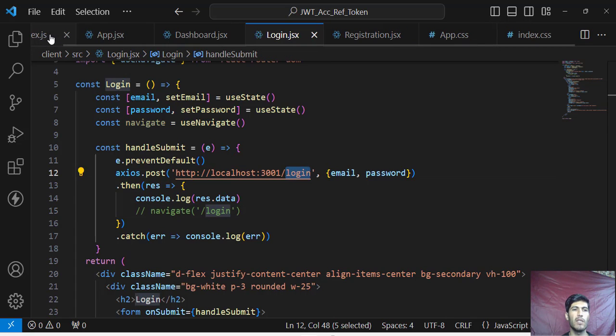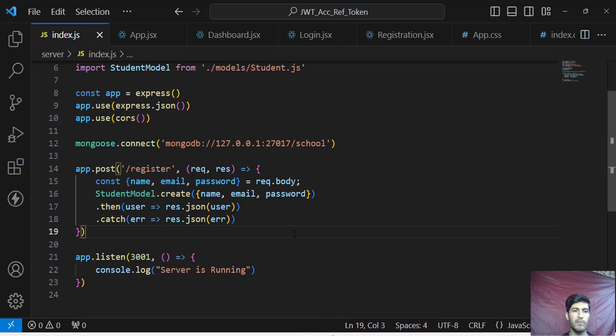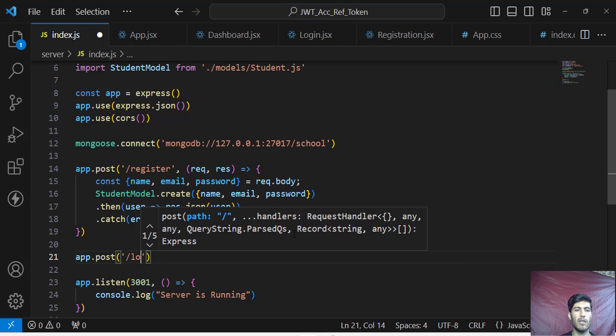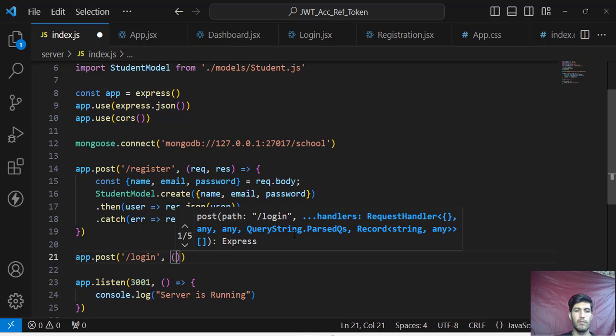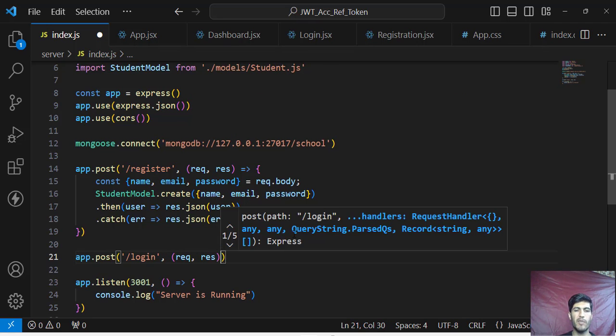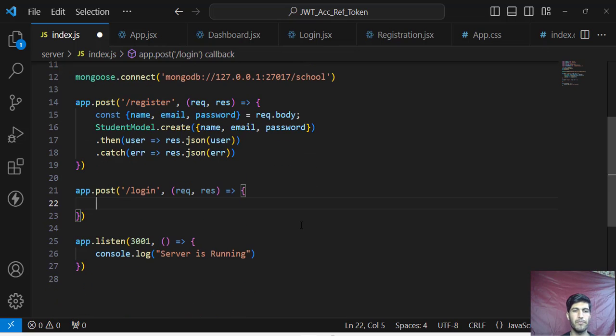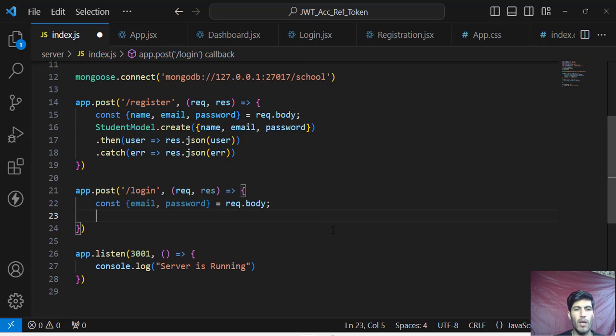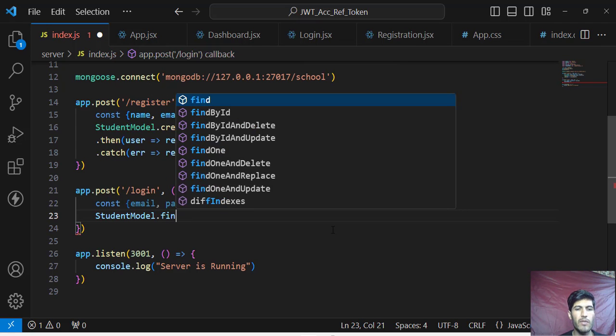In the index.js, here app.post /login, get a request and response. So here first of all we will extract the email and password from request.body. After extracting these, now we will use the student model again, dot findOne,